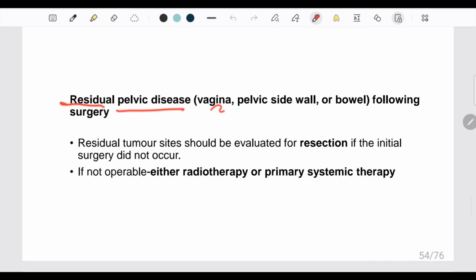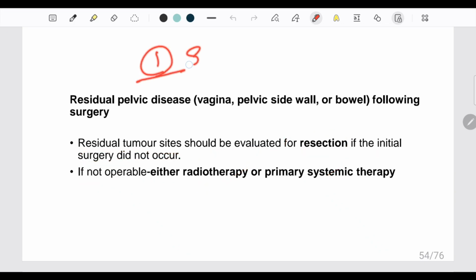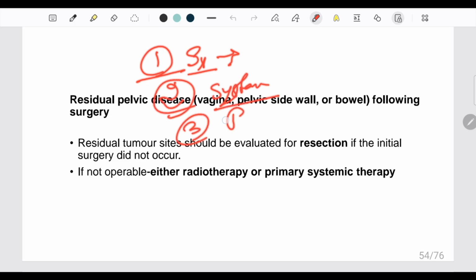Residual pelvic disease, like vagina, pelvic side wall, or bowel. After incomplete surgery, the residual tumor site should be evaluated for resection if the initial surgery did not address it. If not operable, then radiotherapy or systemic therapy. So first you have to evaluate for surgery. If resectable, then remove that part. If not resectable, then you can give systemic therapy, that is chemotherapy, or you can give external beam radiotherapy plus